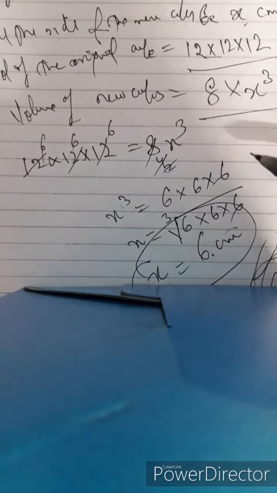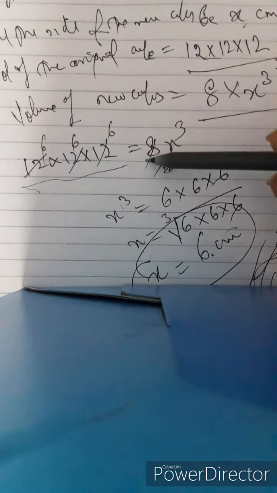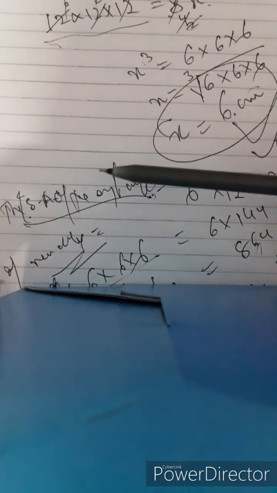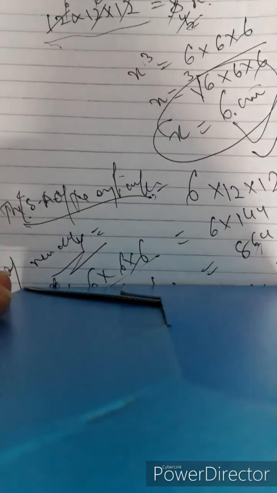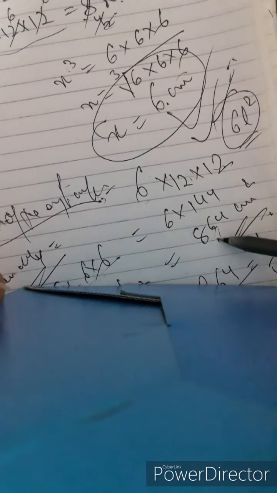Now the ratio becomes equal to 864, the original cube, divided by 216, that is 4 by 1, that is 4:1. I hope you got this problem. It's very easy. We can find by the volume formula. Volume of original cube equals 8 times the volume of the new cubes formed. We can find the side of the new cube, that is 6 centimeter, and the total surface area of the bigger original cube equals 6l square, that is 6 into 12 into 12,